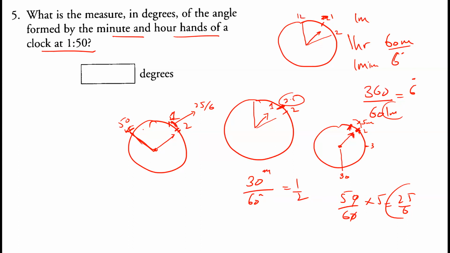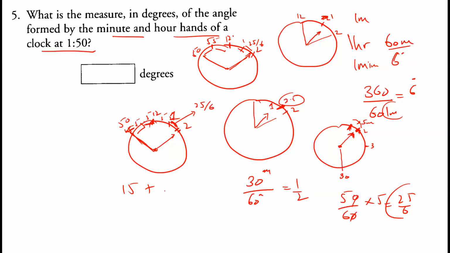Now, how many minutes? So we have from 50 to 55, 5 minutes, 55 to 12, again 5 minutes more, and then from 12 to 1, 5 minutes. So 5 is coming 3 times. So again, the minute hand is at 50, then 55, 12, 1, 2. So the hour hand is somewhere over here, that is 25 over 6 minutes beyond 1. And these are your 5 minutes, 5 minutes, 5 minutes.